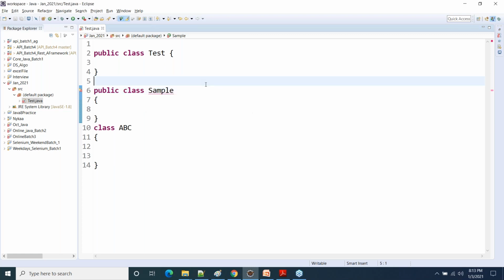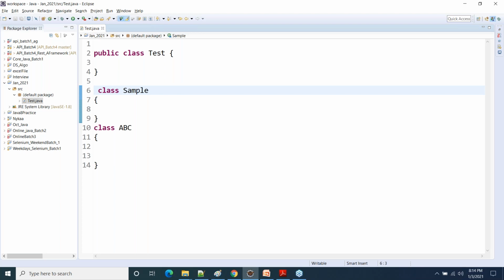Now the best part of Eclipse is that the moment you write a new line of code, Eclipse will automatically compile that particular .java file. So the compilation process is handled by Eclipse itself. You don't have to do that. Internally, Eclipse uses the compiler whose path you have set in the system variables. Is that clear? Any doubts? So you cannot have more than one public class, as we have already discussed. Clear? I hope this is clear.